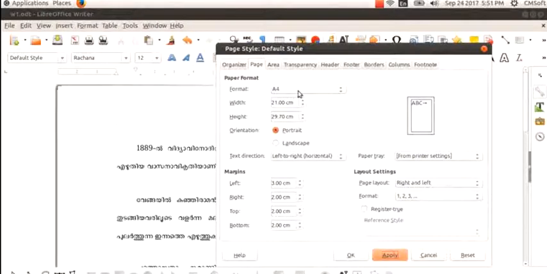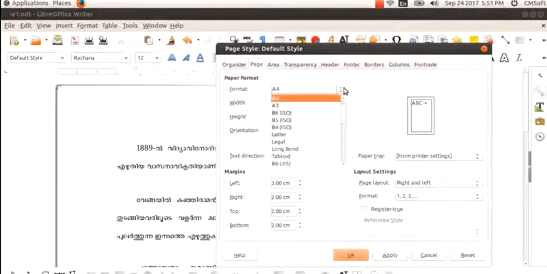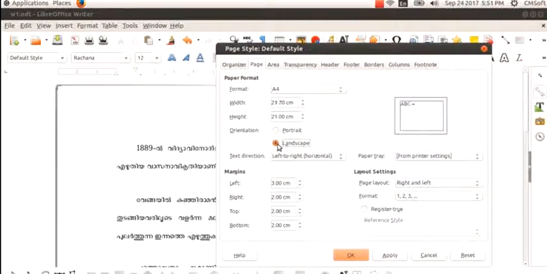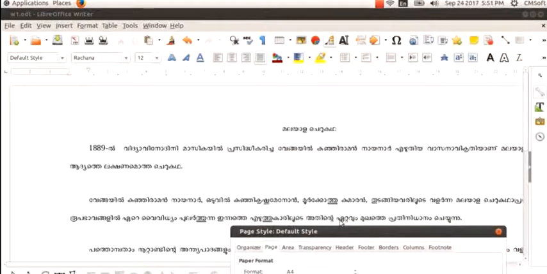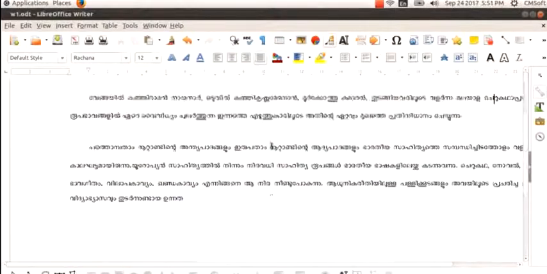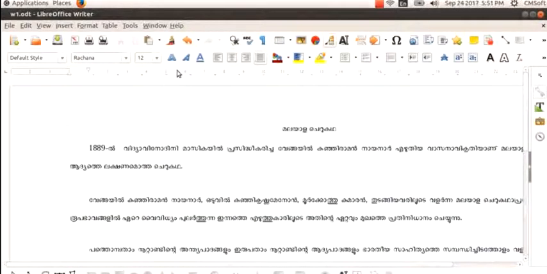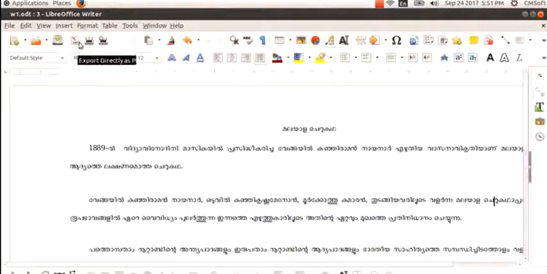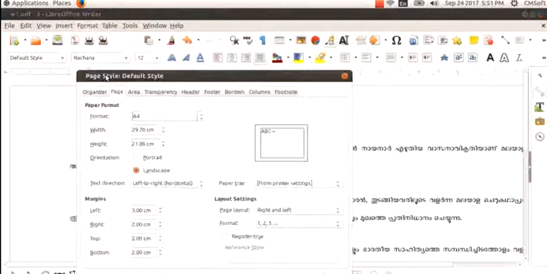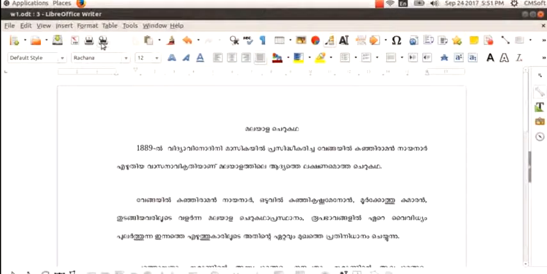Paper format here is A4. You can choose orientation as portrait or landscape. Again select page. We can set the portrait itself.